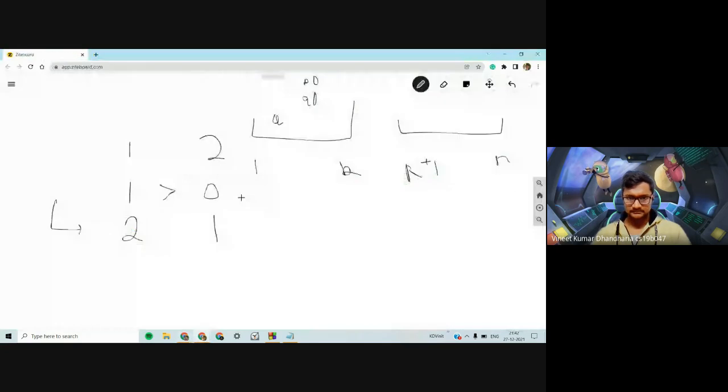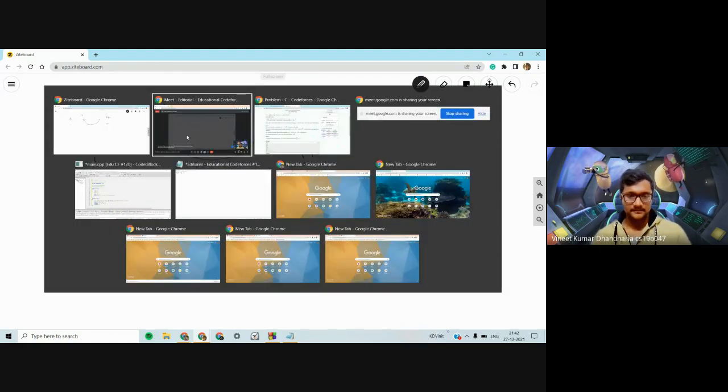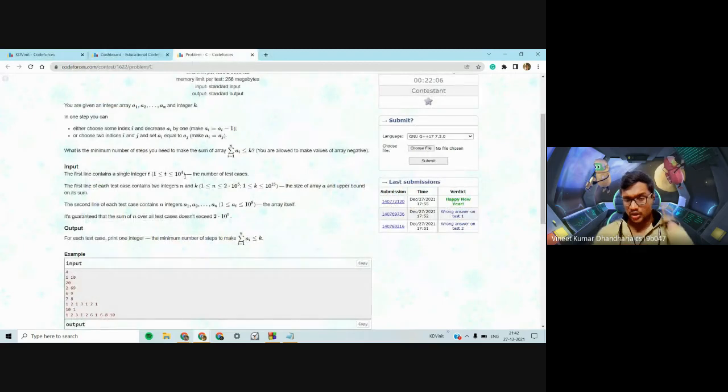Like most of the problems, you are given an array, and in one operation you can either decrease some value by 1, or you can assign it to some other value. What you want to achieve is to ensure that the sum of all the values is less than k.